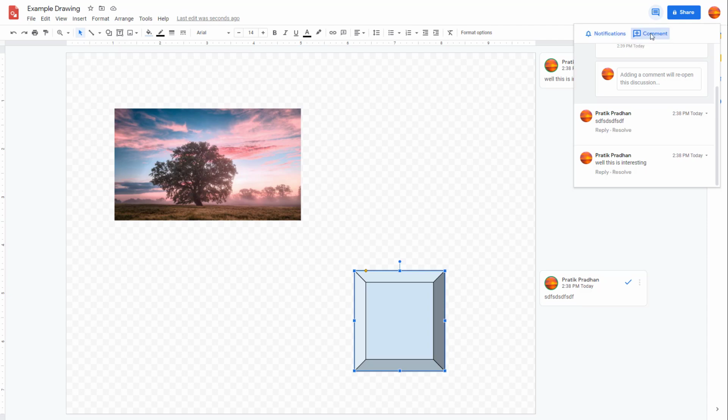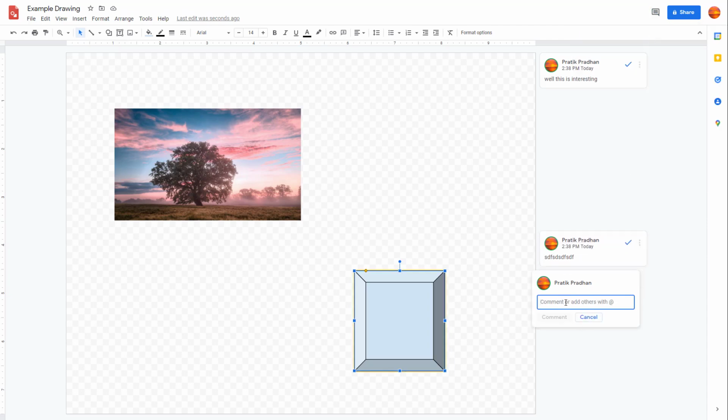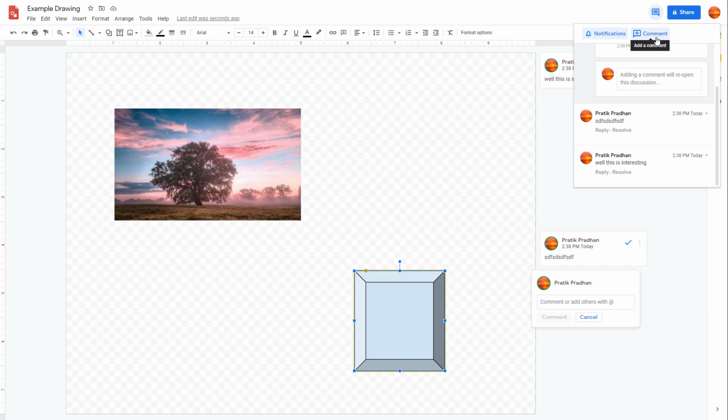You can also click on add a comment right here, and then a comment is added to this particular selected item. As you can see, just like you would add a comment from here, you have the same option over here as well. And that is how you can work with adding comments inside of Google